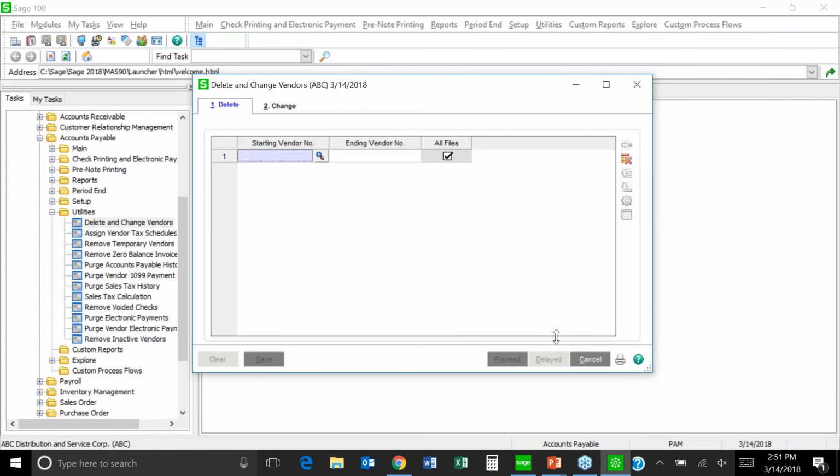Okay. Oh, all right. We have a question. Can you rename a vendor? Yes, you can rename it. Actually, let me clarify that. Changing the name of a vendor is done through vendor maintenance. If you're wanting to renumber a vendor, meaning change the vendor number, then